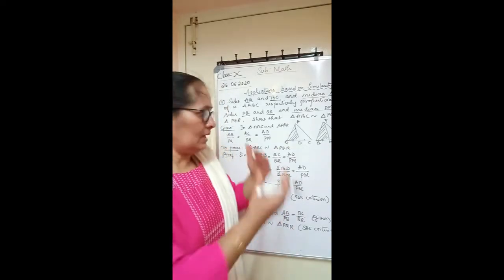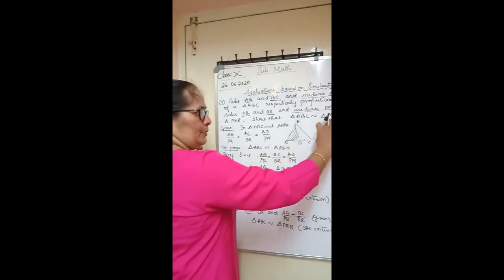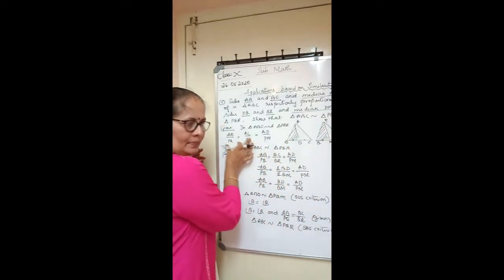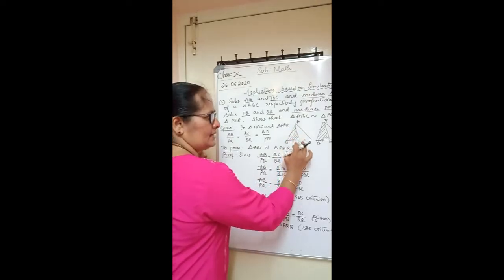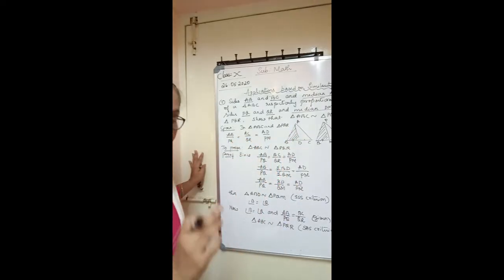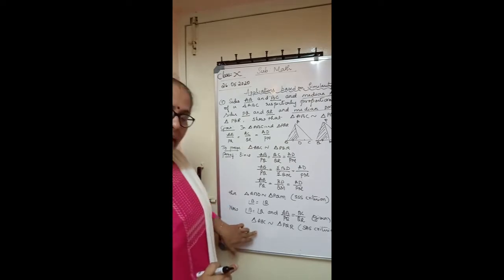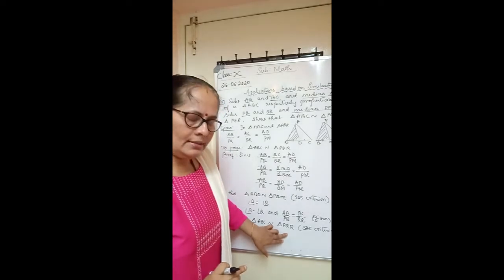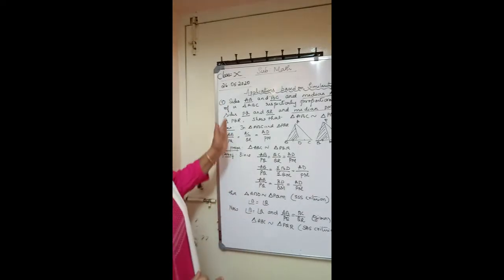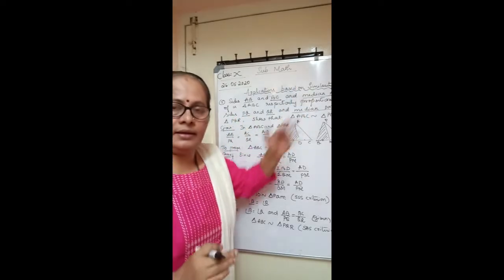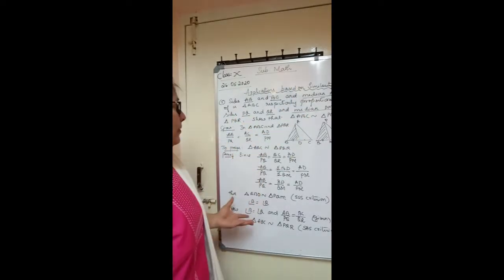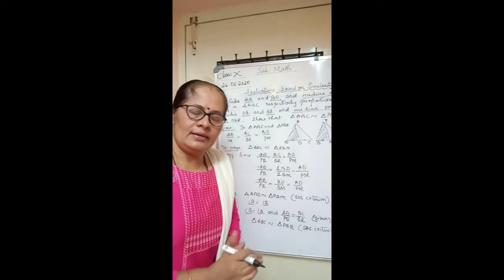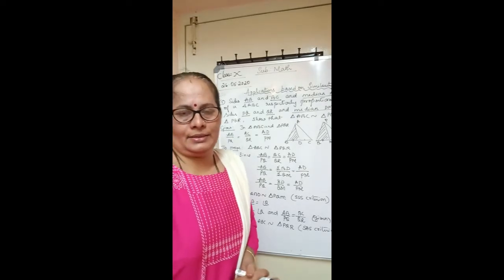The other condition is given in the question itself, that is AB proportional to PQ and BC proportional to QR, which is given already. So that is side angle side. Which criterion? Side angle side criterion. Triangle ABC is similar to triangle PQR. Yes. Therefore, when two sides are proportional along with their respective medians, you have proved that the two triangles are similar. Yes. So now you have learned the application of similarity criteria.